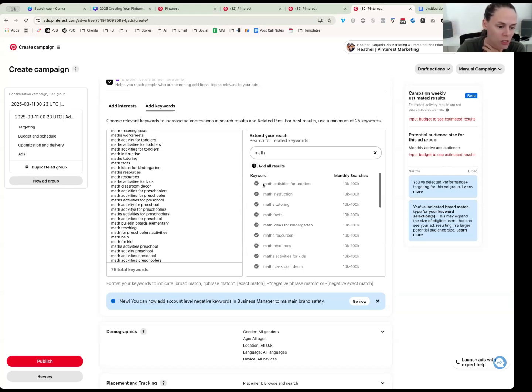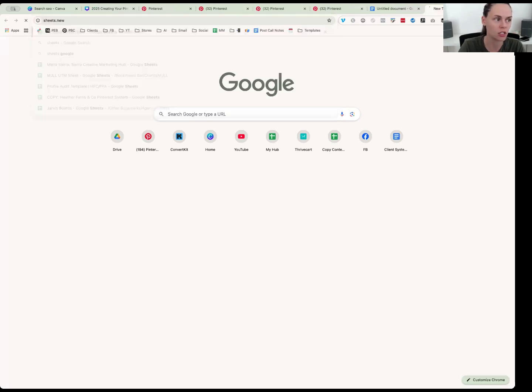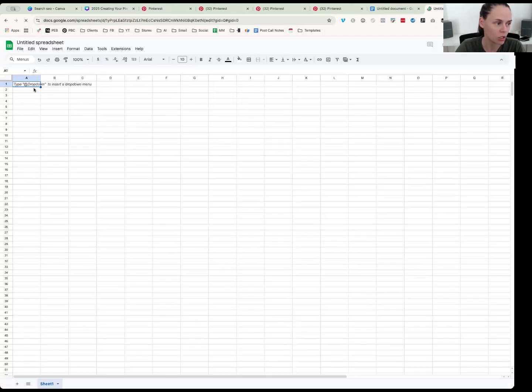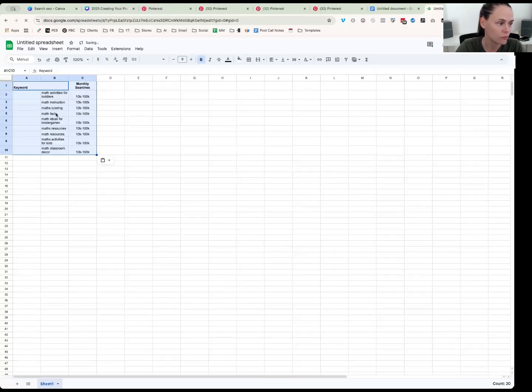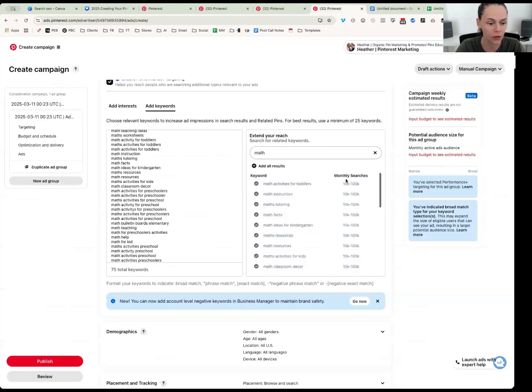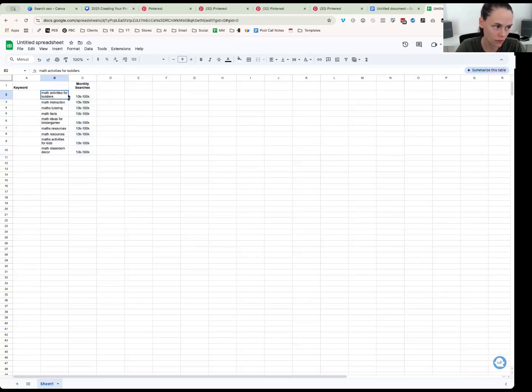Another way to go about this, if you want it to come with the volume, is to just paste it straight into a sheet. So if you actually want it to come with the volume, paste it in like this, and then it'll tell you the volume. So either way works, but it just depends on what you're wanting to see later. A lot of copying and pasting until we get down to the nitty-gritty of deciding what keywords we're going to use. I would always say use the higher volume keywords, and you can make them long tail.